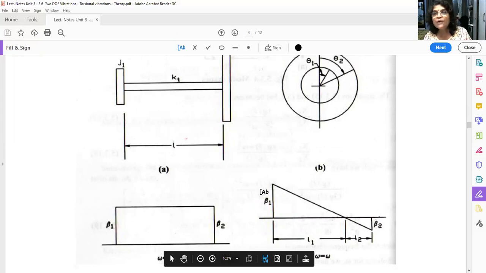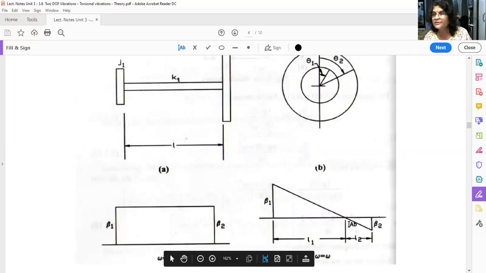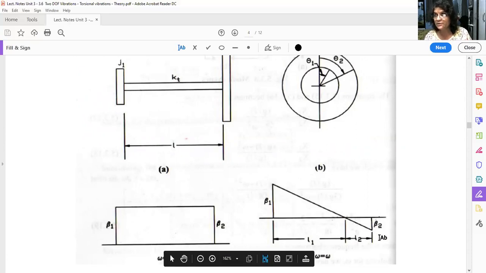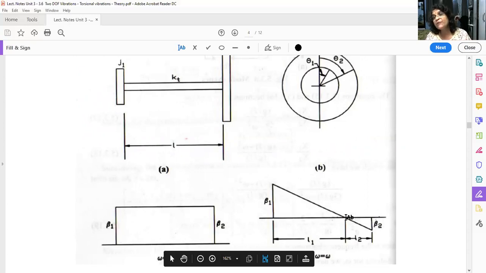And as you go away from this rotor along this shaft length, amplitude will be decreasing. Again, as you go from this rotor here, amplitude will be decreasing. And there exists one point which is having zero vibration, because these two are in the opposite direction. Beta 1, if it is say clockwise, beta 2 is anti-clockwise. Okay, though the two rotors are moving in the same direction, as the shaft gets twisted, so there exists one point which is called a node point, which is having zero vibrations.